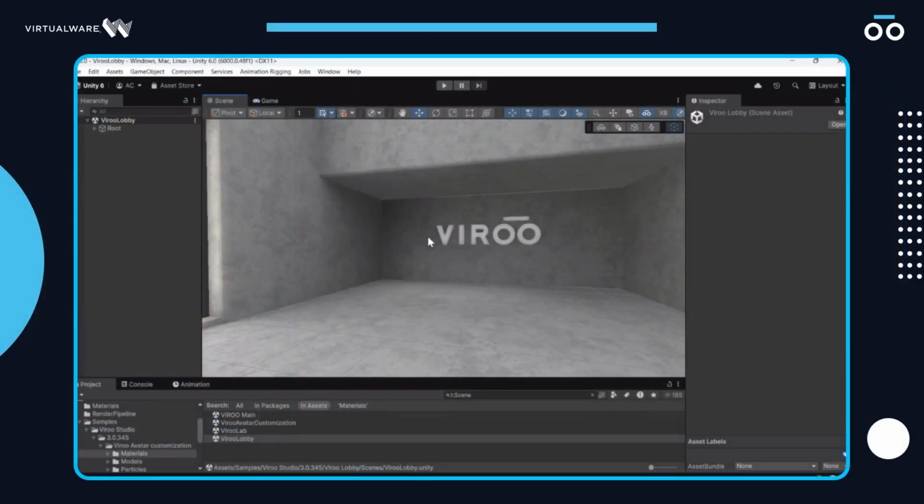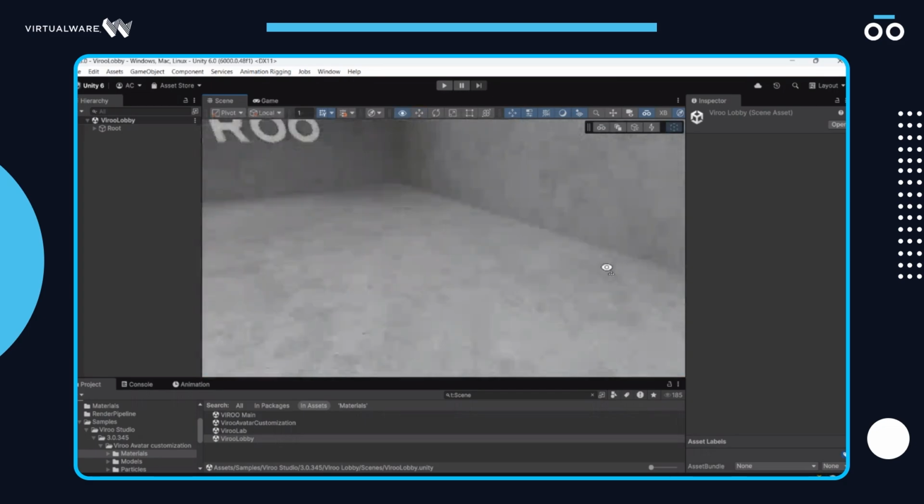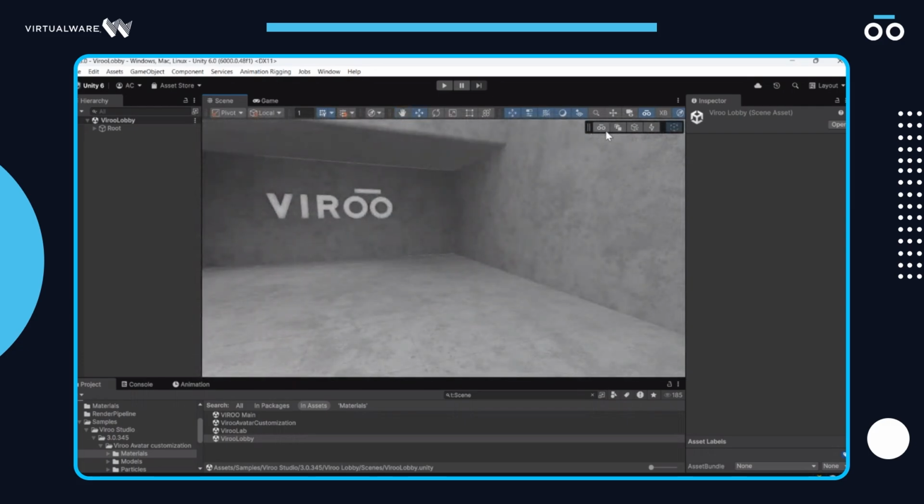So let me jump to full screen here. Remember, you have here the toolbar that I told you before. And since this is a Unity toolbar, it's always detecting that you can attach this to your user interface. So no matter what you do with that, it's going to follow you. And you have here access to the VIROO components, the scene root, the teleport points, the XRI components, the XR interaction toolkit,